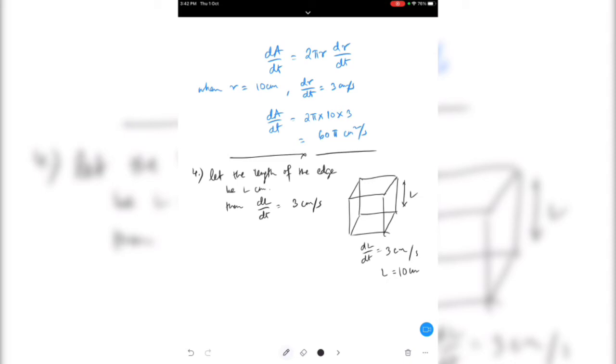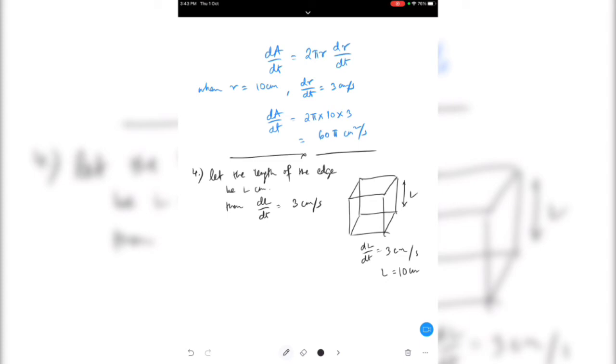If they would have asked you the volume, they would have given the question like this: find the volume of the cube. But they have asked you to find the rate at which the volume is increasing. They don't say time. Obviously the volume will increase with time, so they don't like to mention time, because time is a running thing. Time will never stop for anyone, so time will keep on running.